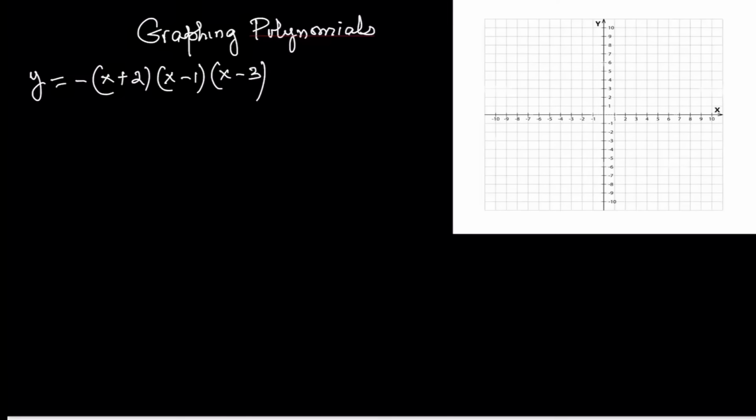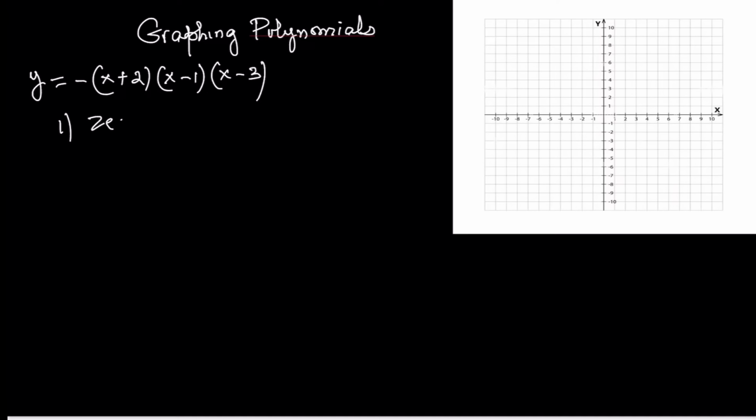In this lesson, you're going to learn how to sketch polynomial graphs using three big ideas: end behavior, zeros, and multiplicities. Let's move through three examples, each one getting slightly more interesting. Example 1, y equals negative times the quantity x plus 2 times the quantity x minus 1 times the quantity